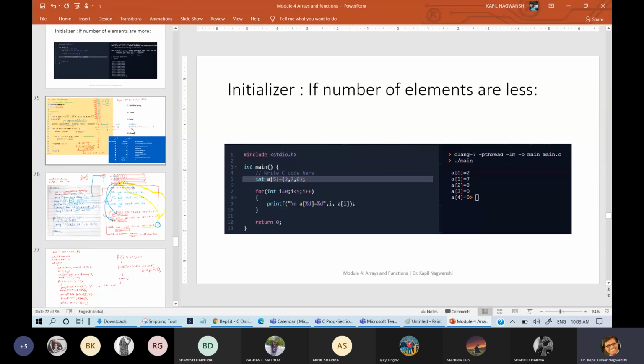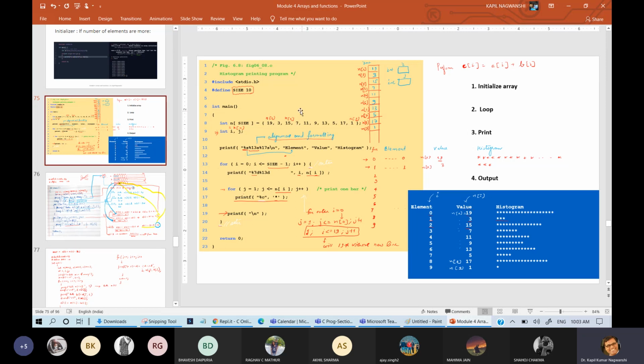Fine. Now it is very easy to understand for you. Now come to the next example. This example will take the numbers. It will not take them, actually, we have initialized all these things. And now the only thing we need to understand is that you must define the size first.